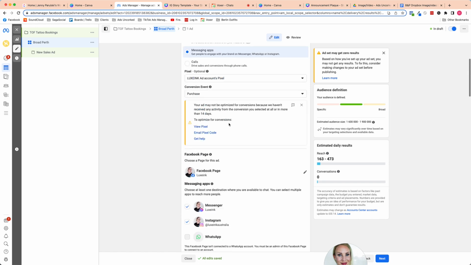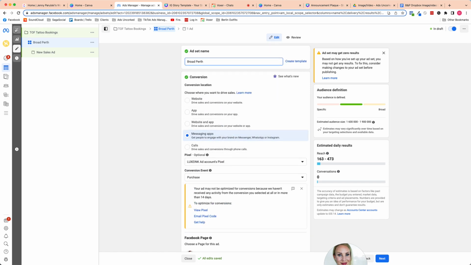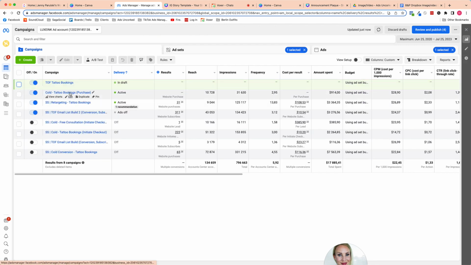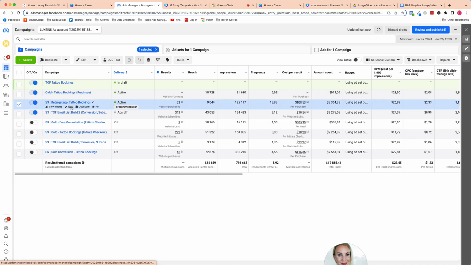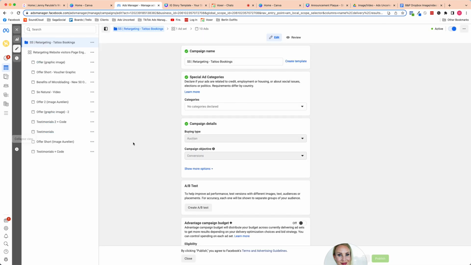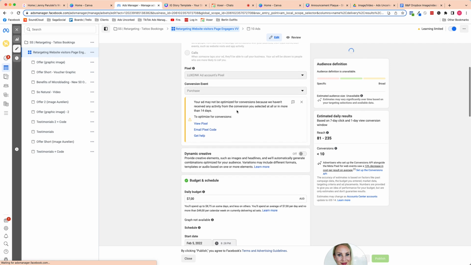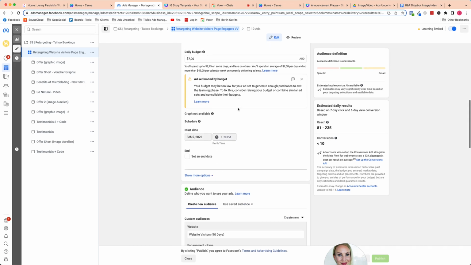Now, if you want to create a retargeting campaign, which we already have, so I'm just going to show you here, but if you want to recreate it, or if you want to, for some reason, update it, this is the retargeting or bottom of funnel campaign. So obviously the build is pretty much exactly the same in terms of the campaign level, which is here. Then we have your ad set level, which is here. But the one thing that is different is,